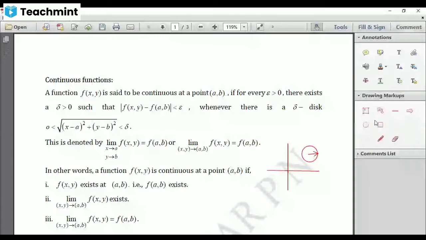Okay, let me draw here. This is my point. Let me move this point here. Okay, so I want to find the distance between these two. What is the distance between these two? This is x, y, and this is a, b. You know the formula, square root of x2 minus x1 whole square plus y2 minus y1 whole square is the distance between x1, y1 and x2, y2.